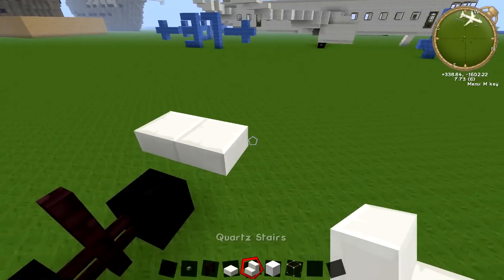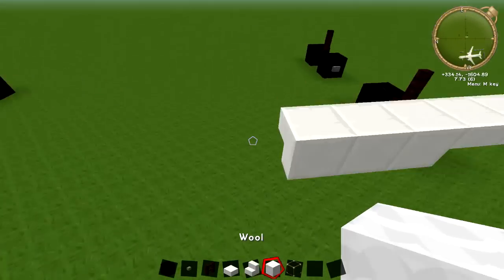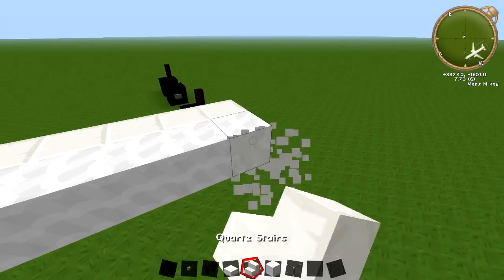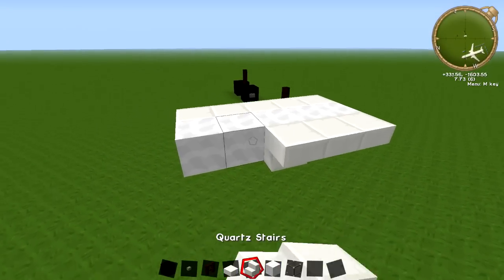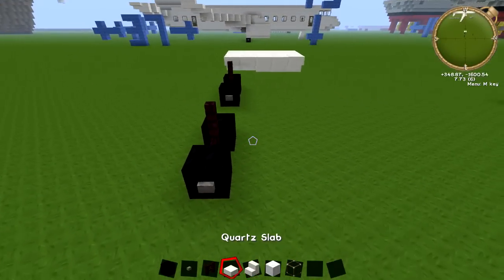Then you're going to have 3 upside down stairs, like this. And it's just going to be 5 blocks of wool in between. Then you've got your 2 slabs on the back part, 2 slabs, and 3 upside down stairs, just like that. Do the same on the other side. This is just the bottom part for the actual